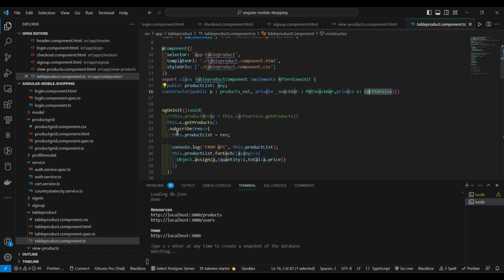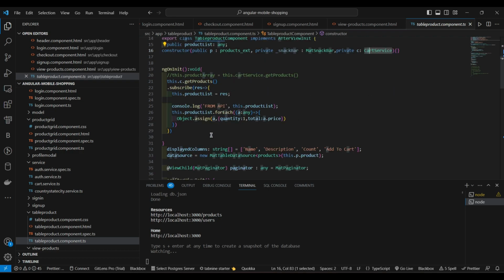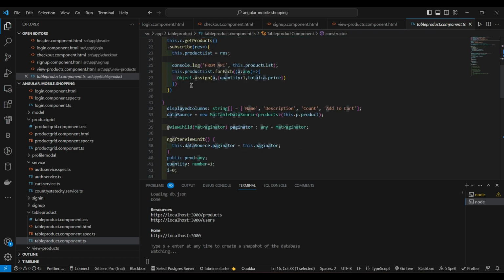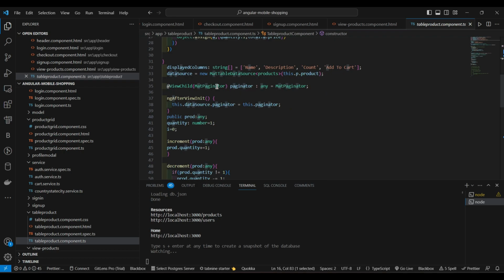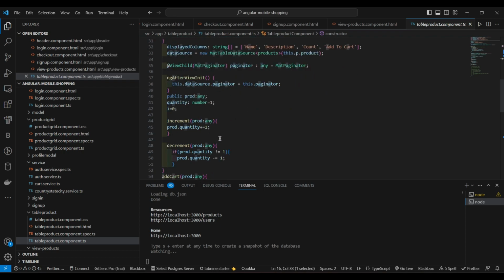So inside ngOnInit, I'm using this.c.getProducts, then .subscribe, okay, from the API to this.productList. Same logic we use for get product, and for displayedColumns, what is that, string of name, description, count, and add to cart. Okay, so ViewChild MatPaginator we are defining as any, and then ngAfterViewInit,